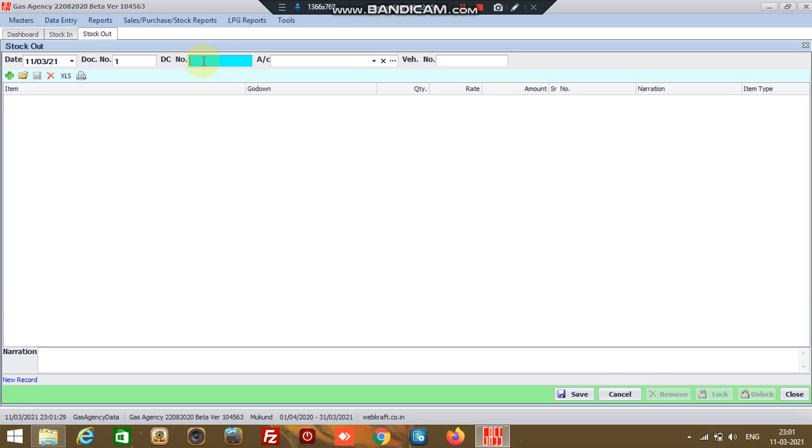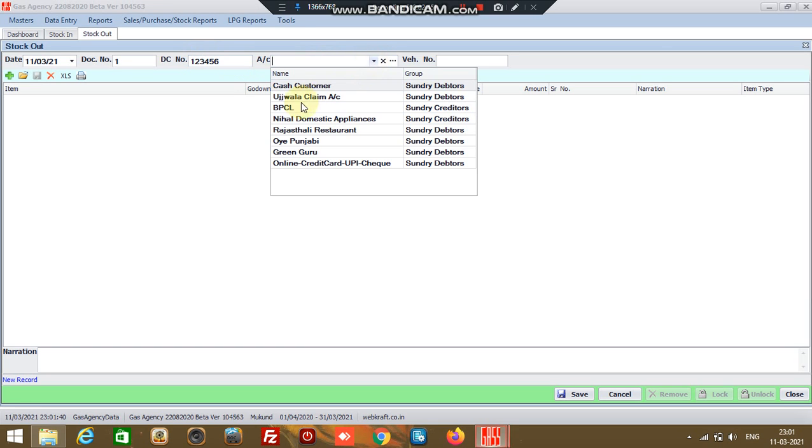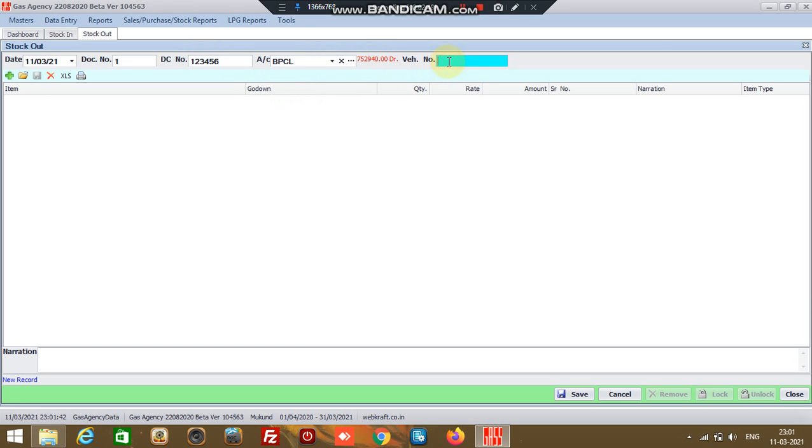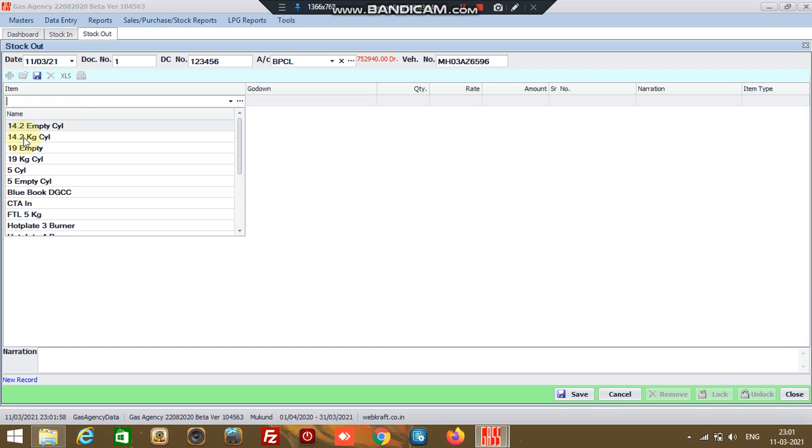Now if there is any delivery challan under which the distributor gives the defective regulator, you can put the delivery challan number, name of the oil company, BPCL in this case. Once again, one can put the vehicle number through which the regulator is being delivered back to the oil company.